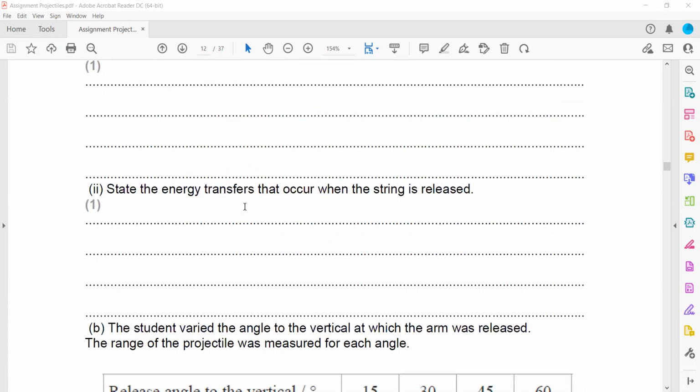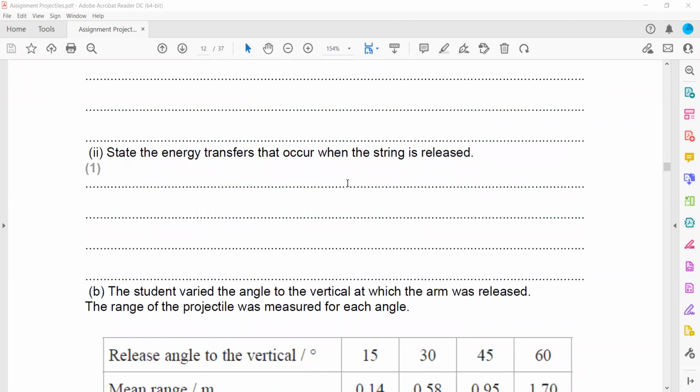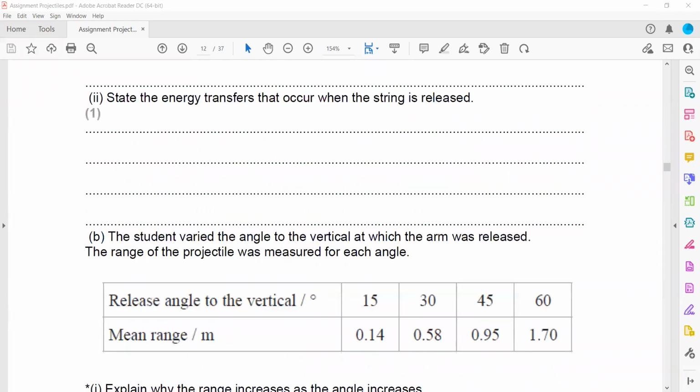Then state the energy transfer that occurs when the spring is released. So what is the energy transfer which happened here? Initially, it will have the elastic strain energy. Then when it is launching, the object is moving up, so potential, and then kinetic. So elastic strain energy, plus as it is going up, potential and kinetic, and some heat energy,